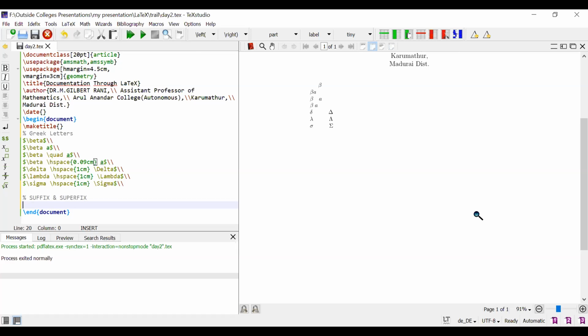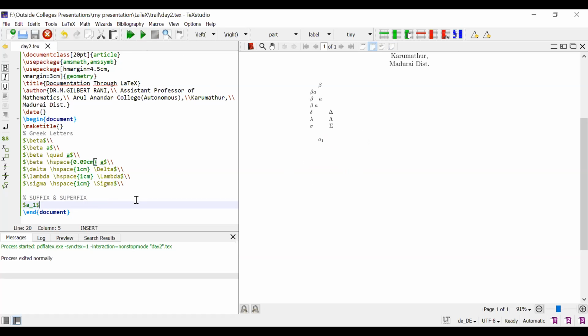In sequence and series, students come across this type of symbols, A1, A2, many suffixes. So now, dollar symbol, A underscore 1, and at the end of this A1, we fix dollar symbol. Just compile it. See this, A suffix 1.